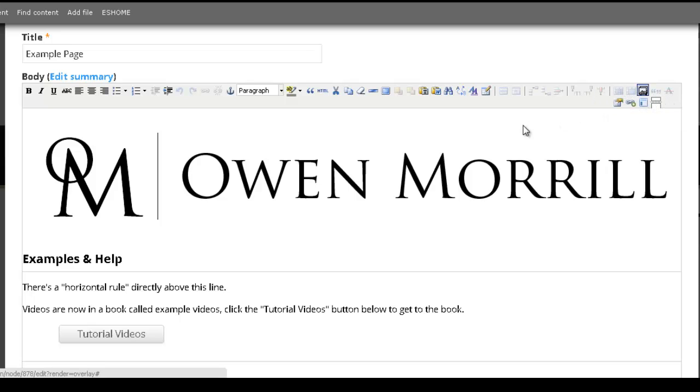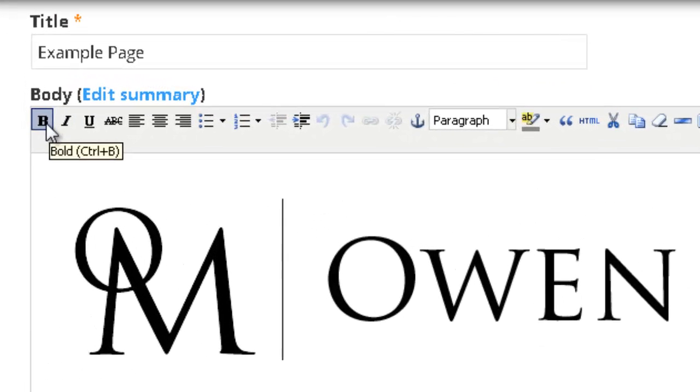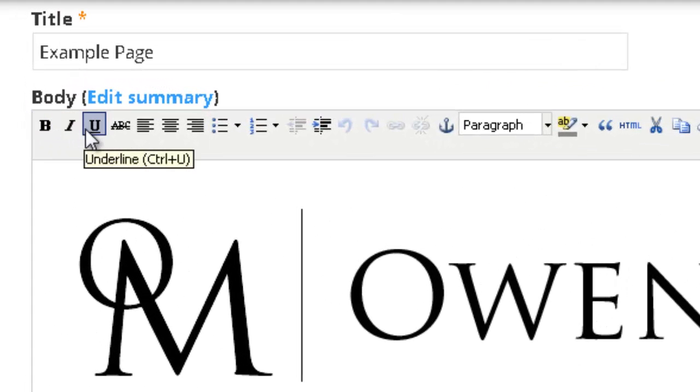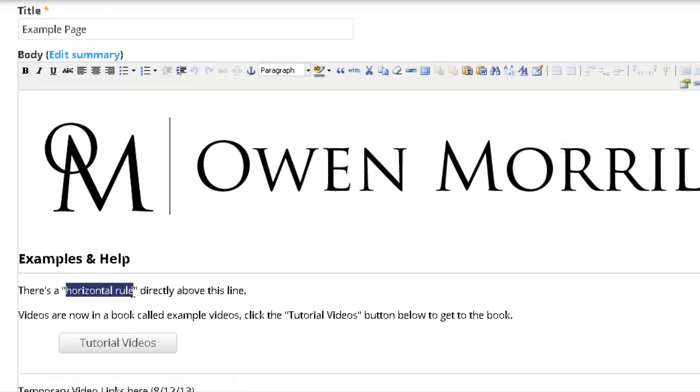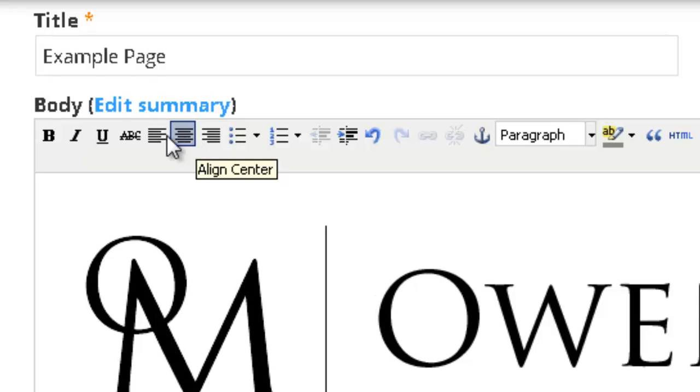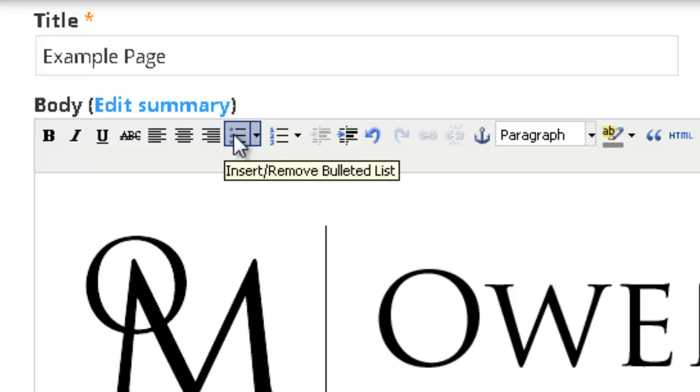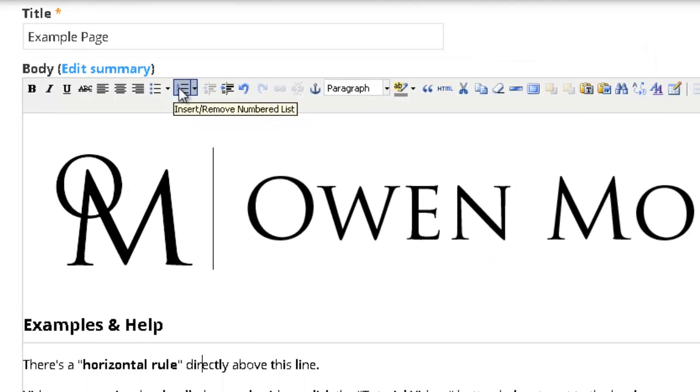So first we have our bold, italics, and underline, which should be pretty self-explanatory. It's pretty easy to just select yourself some text and bold it up. Likewise with the italics and underline. Now these ones should be fairly understandable, especially if you've worked with Word or a few of the other word processing software. We also have the option of inserting and removing a bulleted list or a numbered list,